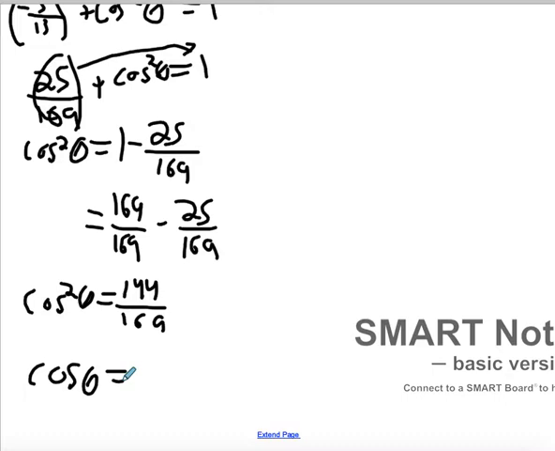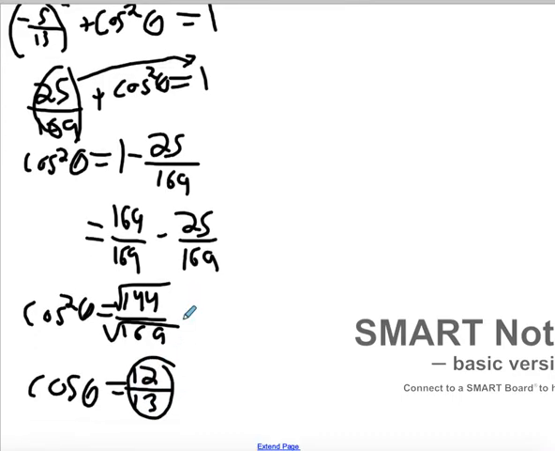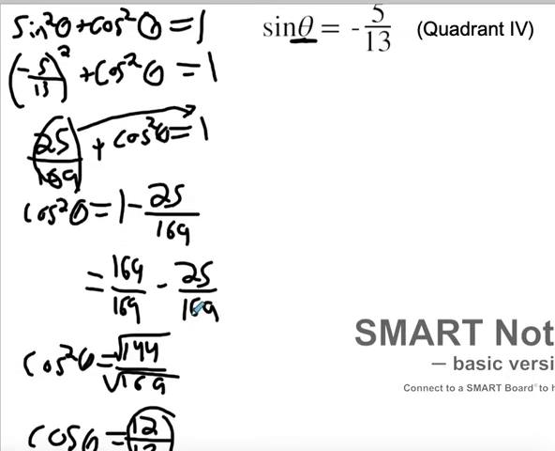Now if you square root a fraction, remember that you could write it all in one fraction, or it's the same as taking the square root of the top and the square root of the bottom. So you get 12 over 13. So that's cosine of theta. So we know sine of theta. Let's write cosine of theta equals, we said 12 over 13,